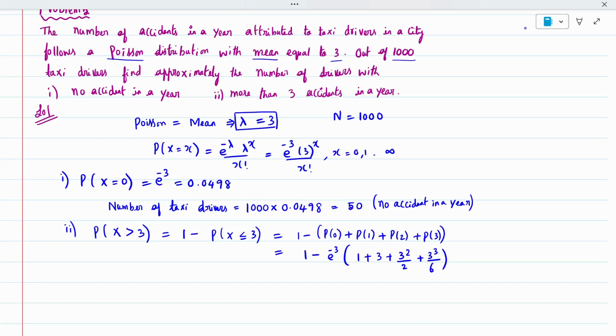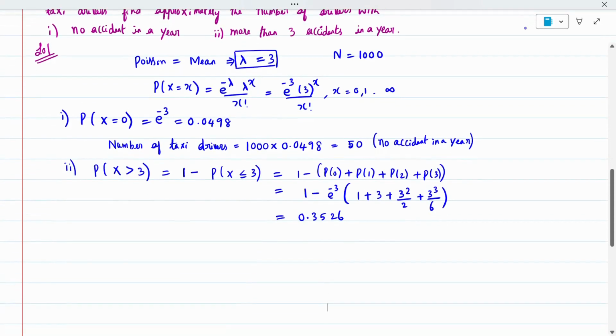Calculating on a calculator, I get 0.3526. It is for one taxi driver only. So every question is out of 1000, so the number of taxi drivers with more than 3 accidents is